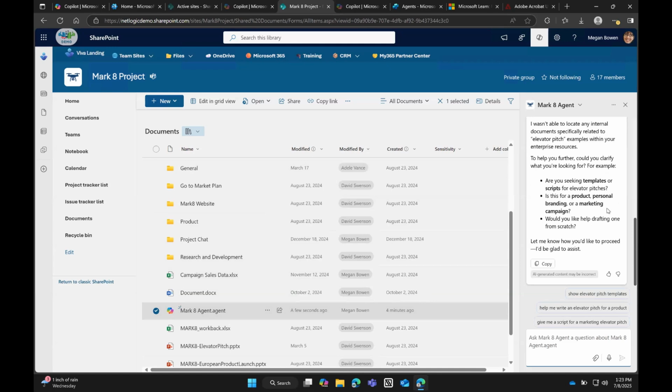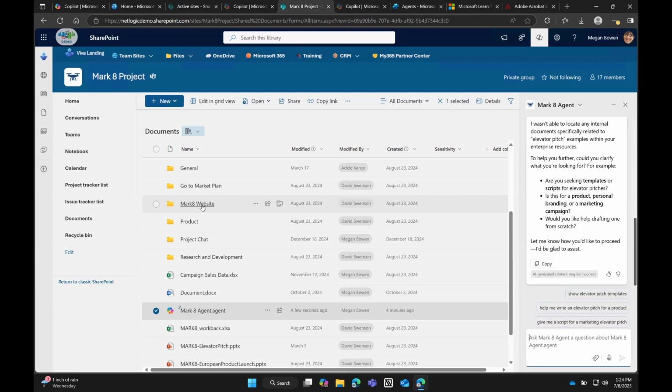needs. Another thing to keep in mind is, even though you have the agent here on that main root level of the SharePoint document library that we're looking at, let's say there's a folder that has unique or specific permissions, which anybody that's worked with me before knows that I don't like to create unique permissions on folders unless we absolutely have to. But the agent is not going to be able to search through documents that the user asking the question doesn't have the permissions to see. So those are the things to keep in mind.